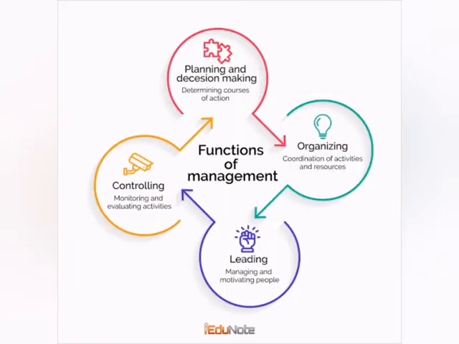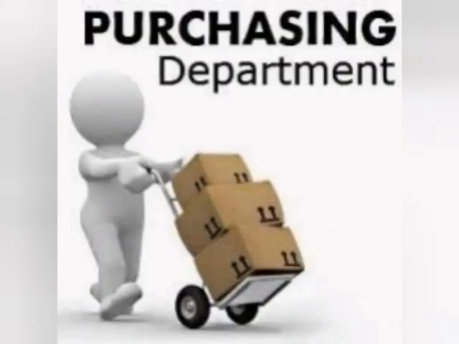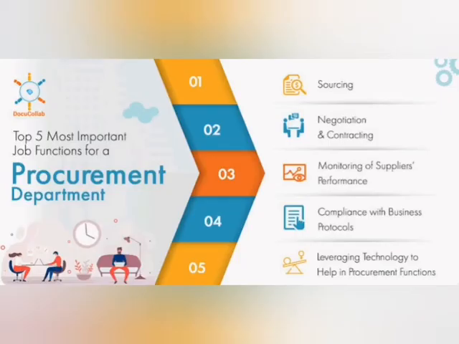Planning, so planning of the goals and objectives. Organizing the people, the resources, and the departments. Leading, in other words, inspiring, motivating, stimulating, and empowering the people. And then controlling, which is to monitor performance and to take corrective actions. Underneath general management, we have the purchasing function, the production function, and the administration function.